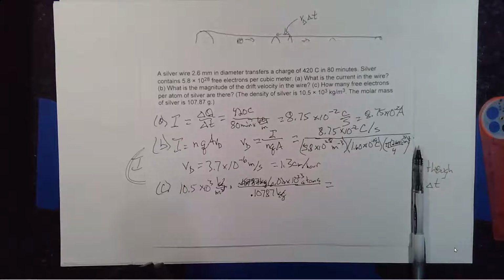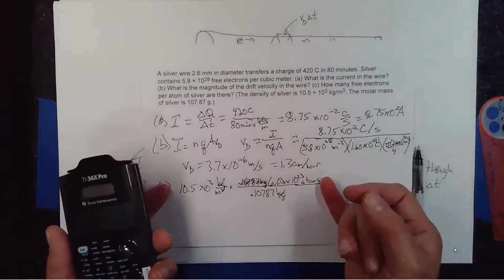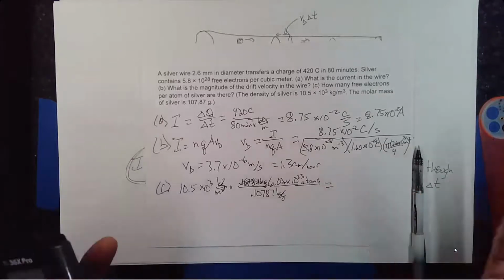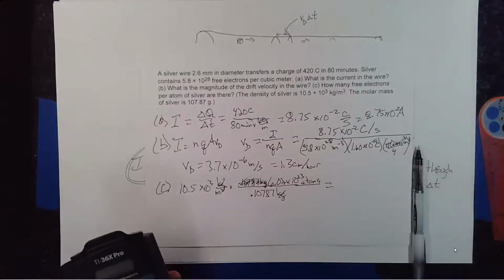So 10.5. I think this is dimensional analysis. I'm not sure. It's using a bunch of ratios that you have to figure out something. That's what I think of as dimensional analysis anyway. I don't know if